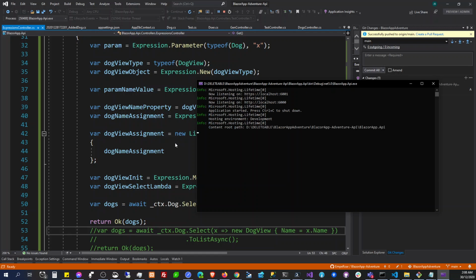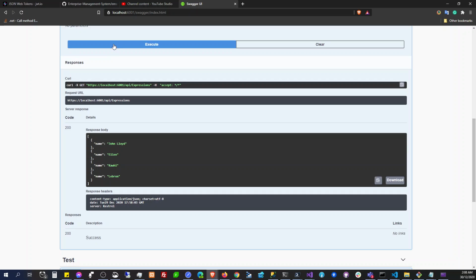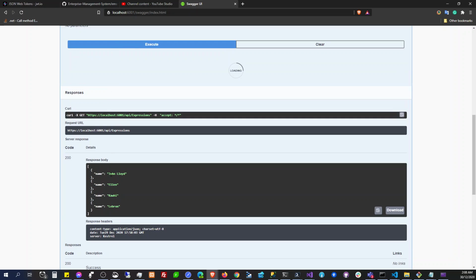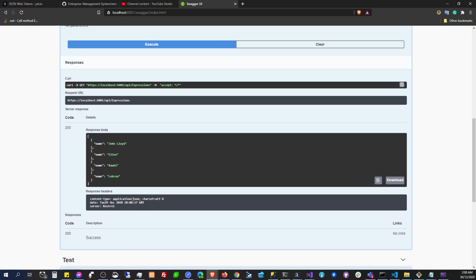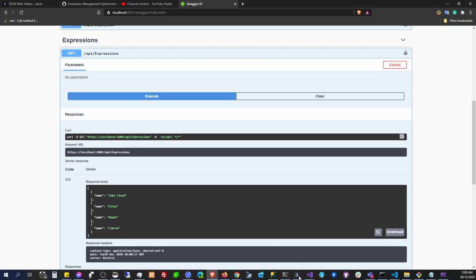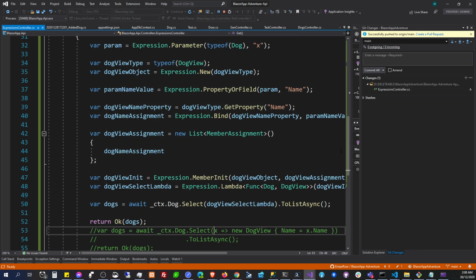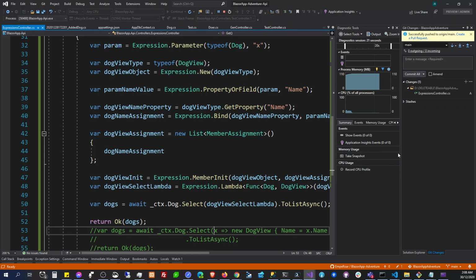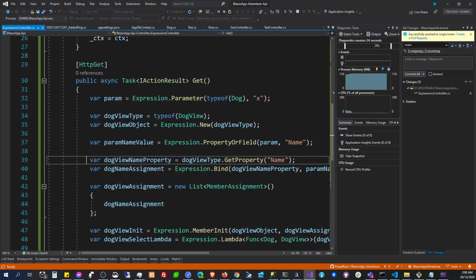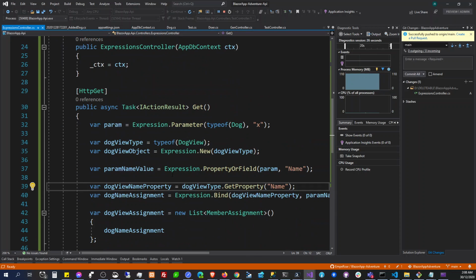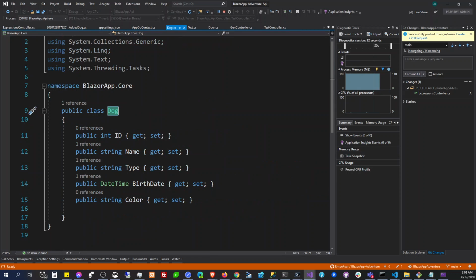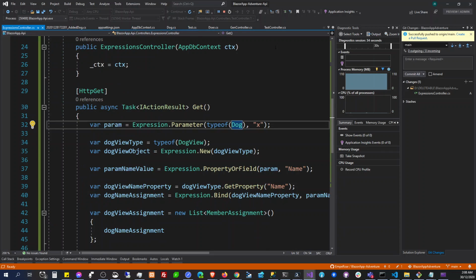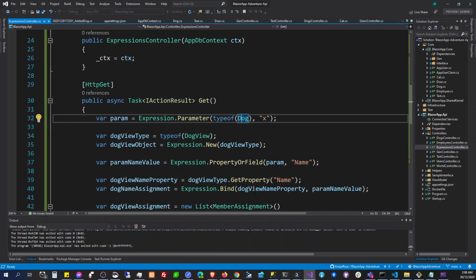Alright, cool. So that's running. Let's try again if it's still working the same. We're going to have name here. And yep, we have name here. So it's now working. If we want to add another assignment here, instead of name, what are the properties of a dog? A dog here has type. So if you want to add a type,